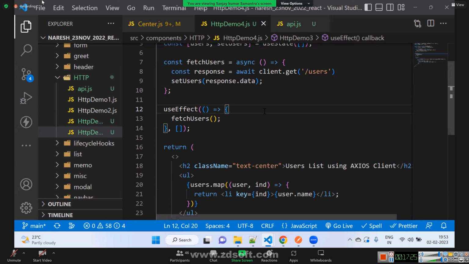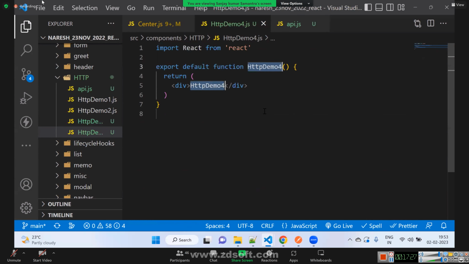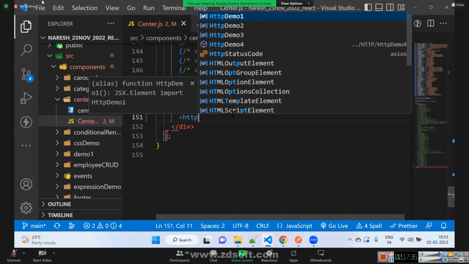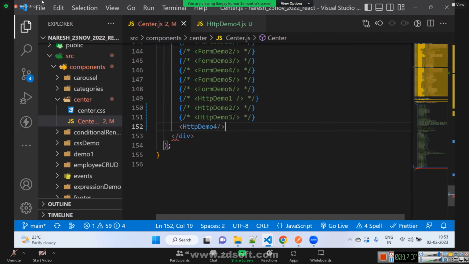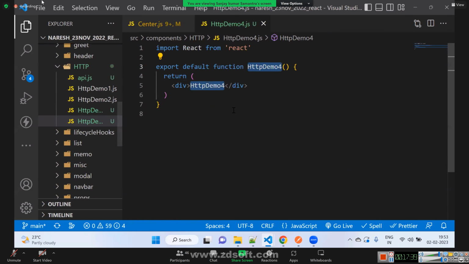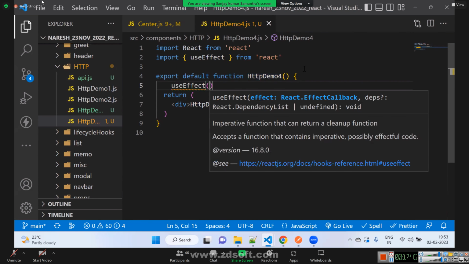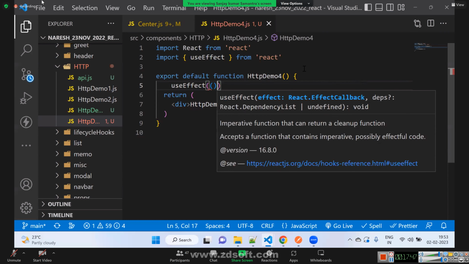This is http demo 4. In http demo 4, we will write one useEffect.